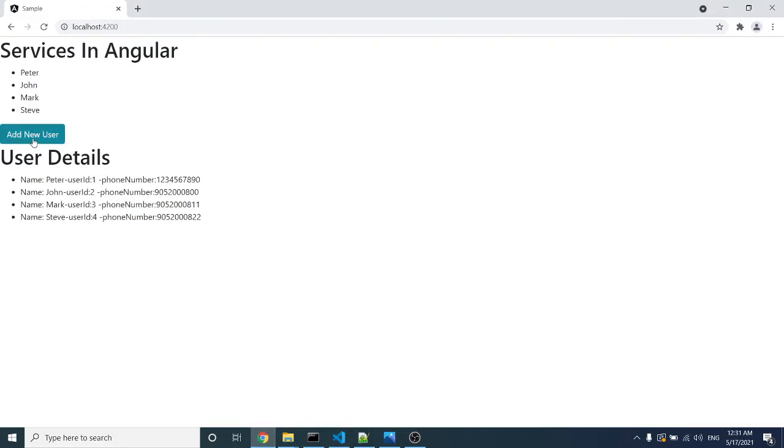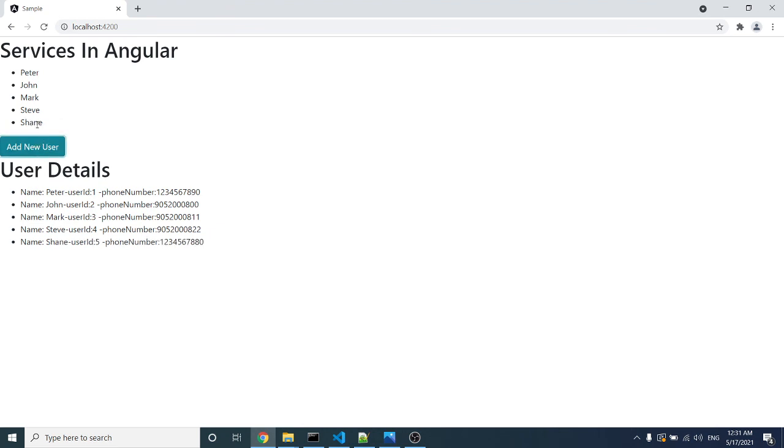Here you can see we got the Add New User button. When I click on this one, the new user Shane has been added to the user component as well as the user detail component. Why is that?